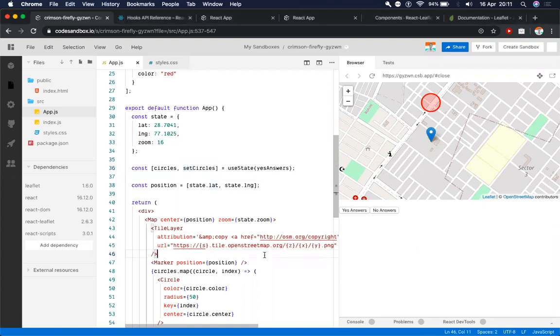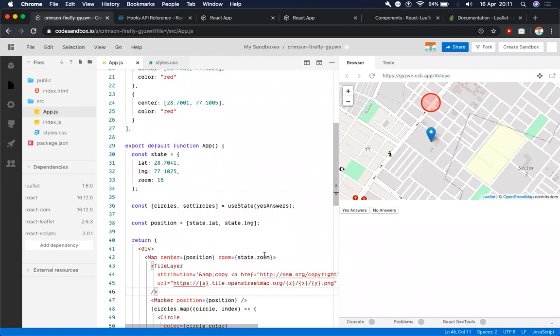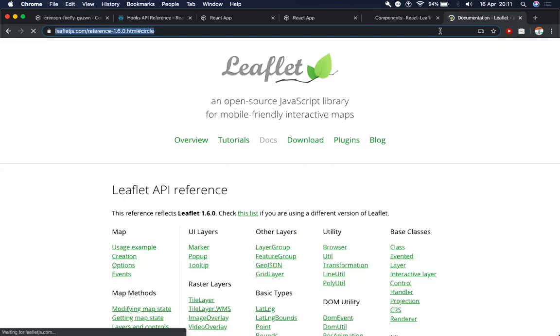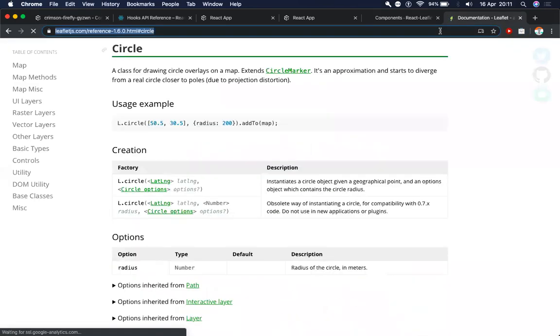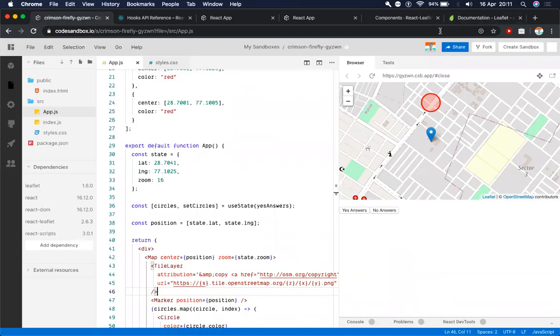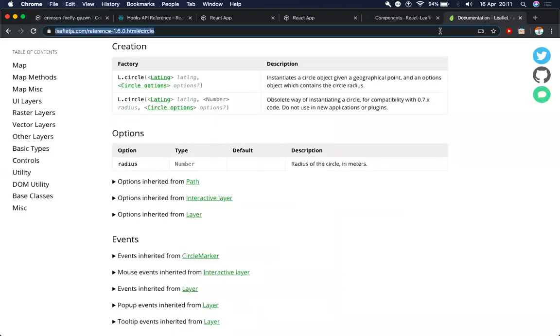Okay, so I'm going to use the effect hook, but there is also a bonus thing that we are going to learn today, which is how to get the user's location. Again, I will be honest with you, I have no idea how we get the user's location through the browser. So we are going to look up the documentation.